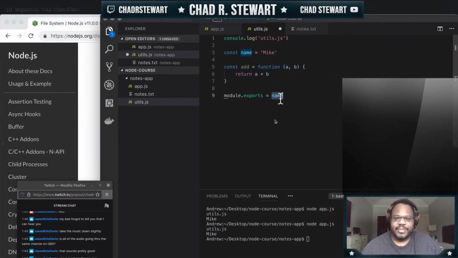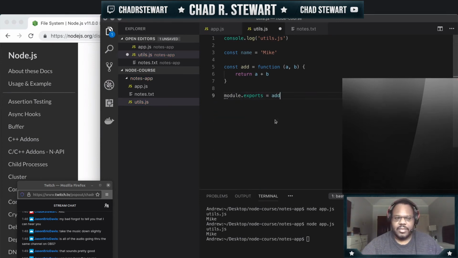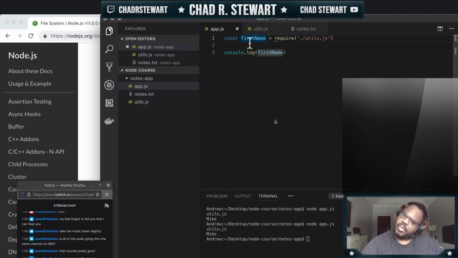Now down below, we can export it. Currently, we're exporting name. We're no longer going to do that. Instead, we're going to set module.exports equal to the add function. Now, what do we know? We know that what comes back from require is now this function, which means that over here, the name doesn't make much sense anymore,